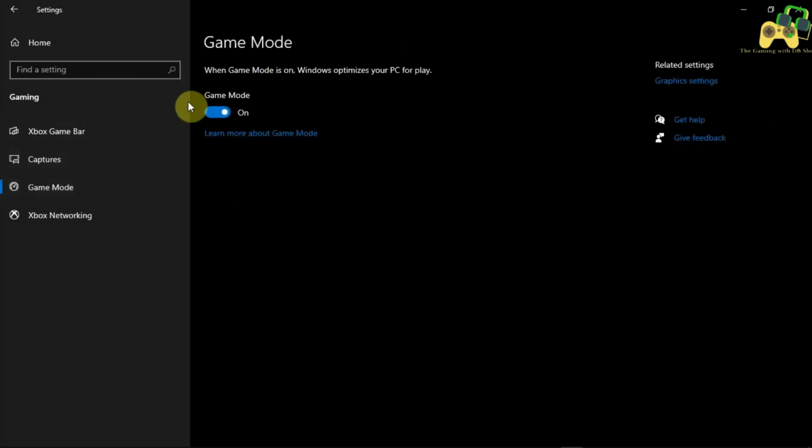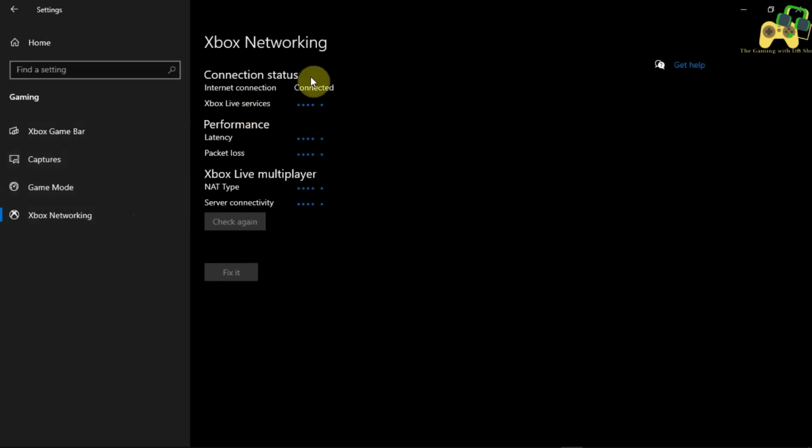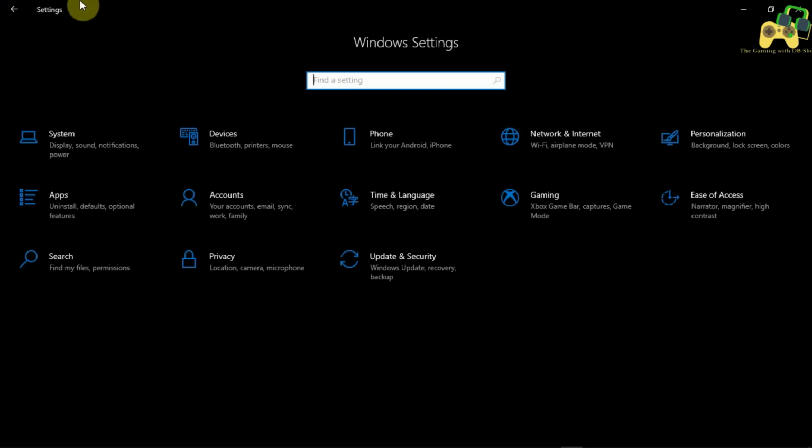Game mode, I recommend you turn it on instead of off, because game mode really optimizes your PC speed, and while gaming it doesn't interrupt you with notifications and updates. So you can turn this on because it increases performance in general as well. Xbox networking, I don't think this setting does anything, so I'm going to back out.